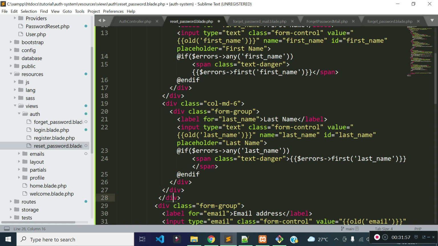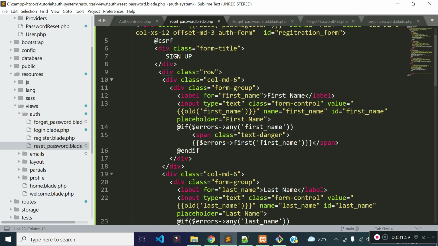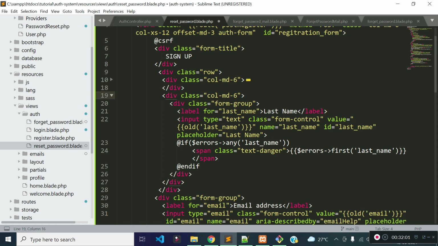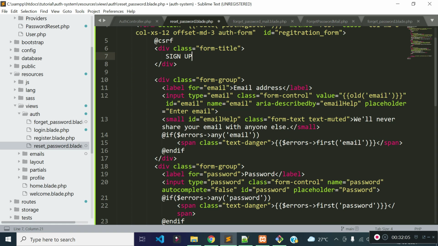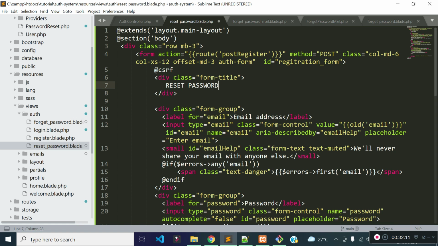We don't need the first name and last name fields. Let's rename it from here also. Instead of sign up, let's rename the text to reset password. Rename the ID of the form to reset password form, and we will provide the action URL later.